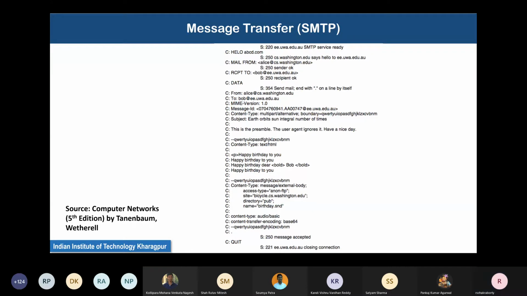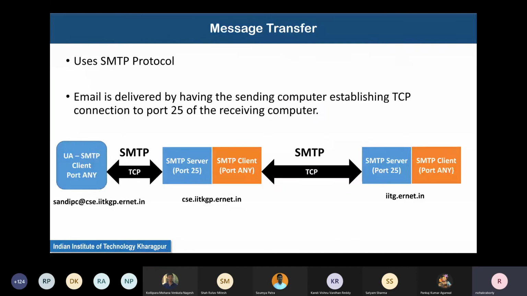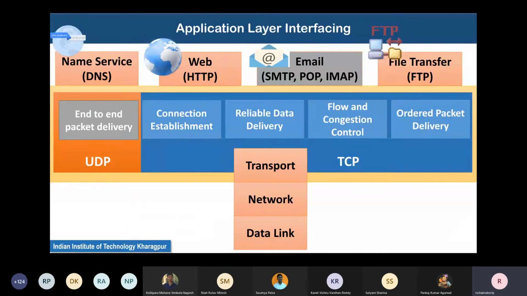It does the necessary API function calls and performs the TCP connections. Once it performs the TCP connection, that's it. The application layer does not need to go beyond the first layer that it sees, which is TCP, the transport layer. The good thing is that this email application layer does not need to go below TCP. How TCP will manage this is TCP's concern.